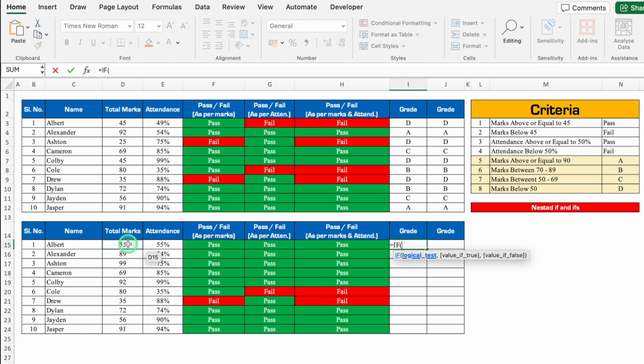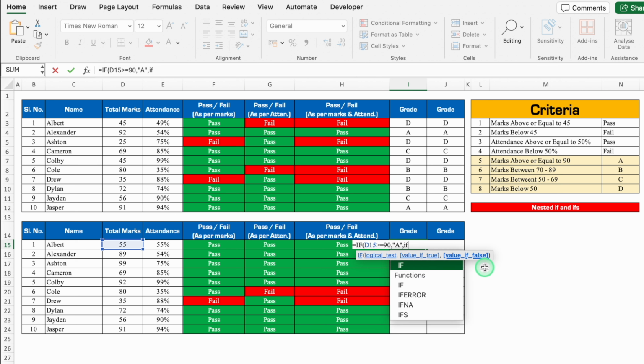So we will click on total marks is greater than or equal to, first criteria is above or equal to 90. So I'll type 90 over here, comma, if 90, grade is A, so I'll put double inverted comma A, double inverted comma close, comma, now we will put our second criteria, if, bracket open, total marks is greater than or equal to, marks between 70 to 89 is B, so we are going to take the minimum marks and that is 70, so I'll put 70 over here, comma, double inverted comma B, double inverted comma close, comma,